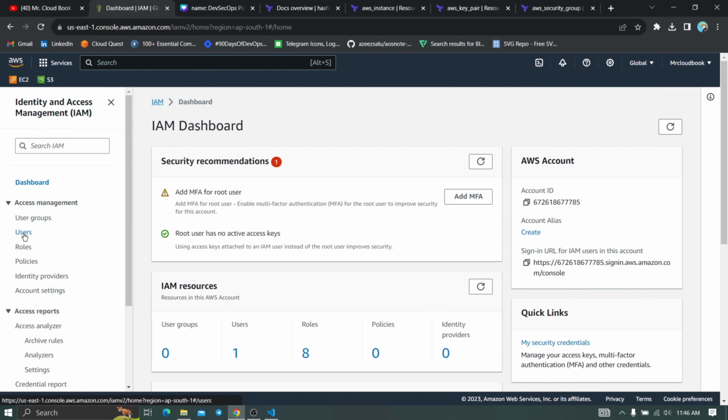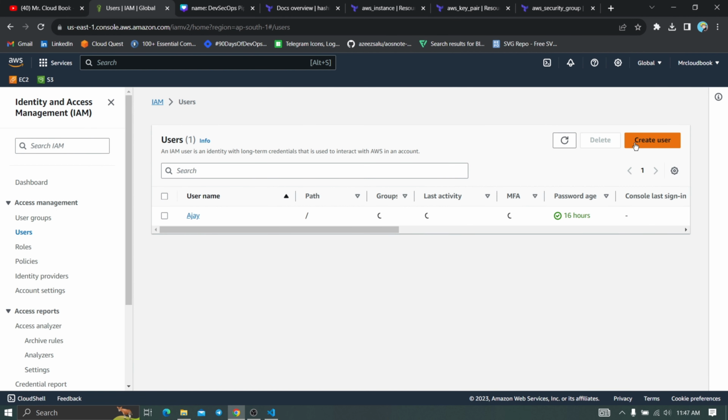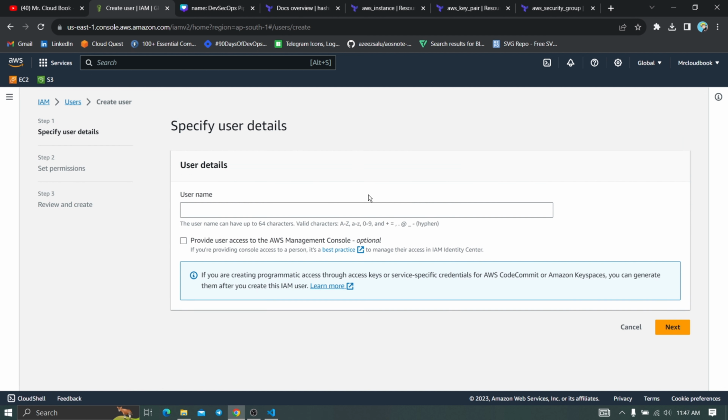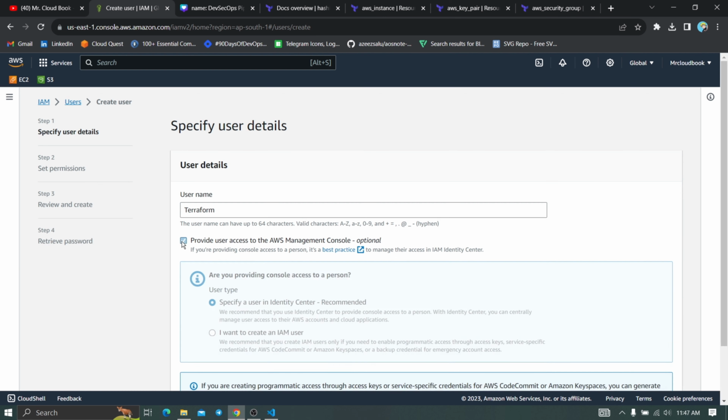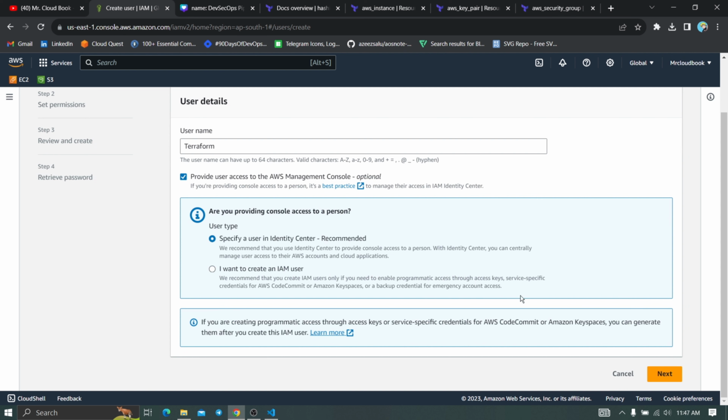You have to click on users and click on create user. So I already have the user. Okay, so let's create a user and provide the name anything you want. I am just providing the name as Terraform here, and you have to click on user access, and I just